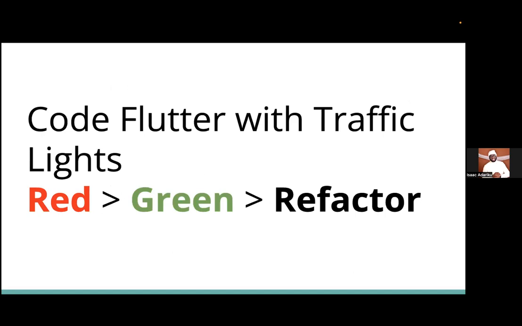Also, another status quo we have is Flutter developers don't want to code with traffic lights. I know we just want to ship our app, get the code working, test it manually, and release the app out. But today we will learn how to encourage each other to approach traffic light coding, where you write a test that fails with the red light, and you write only enough code to make the red light pass. You don't write code that is out of line with the red.